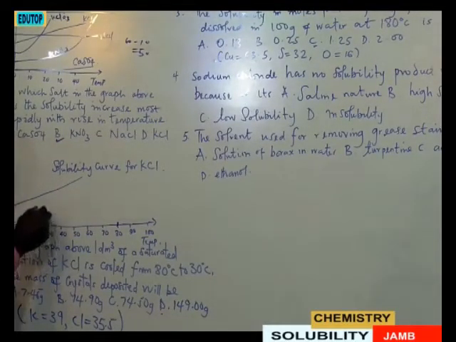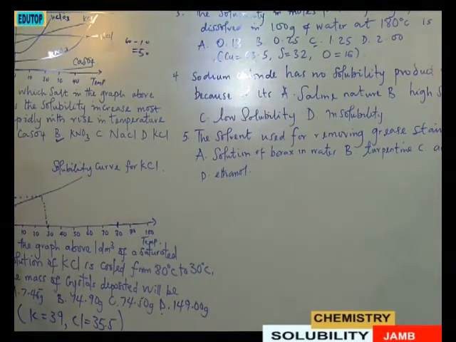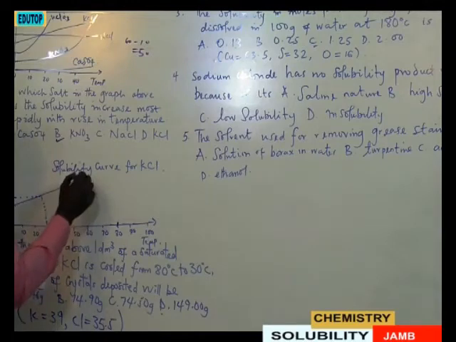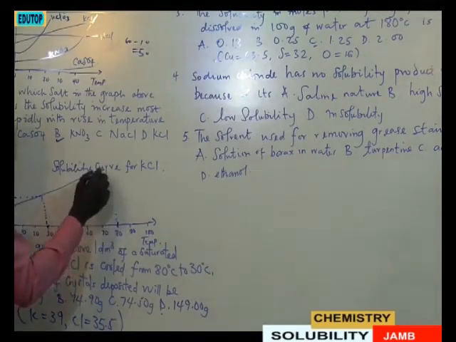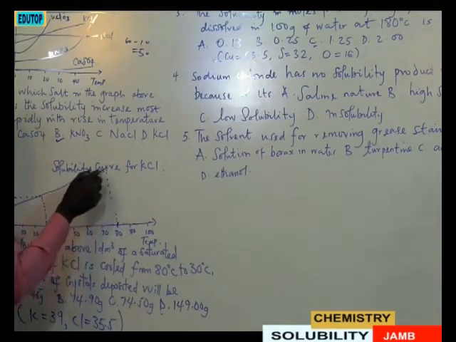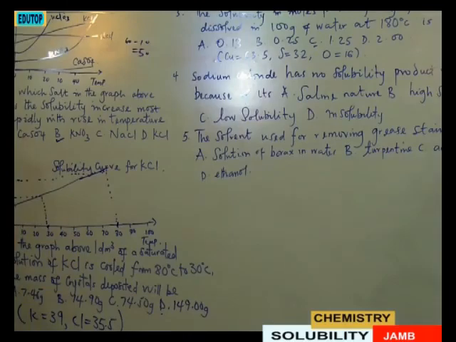If we trace this to this point, we discover that it will definitely be traced to 4. Then, if you trace this, it's because it's not drawn to scale. So if you trace it to this point, then you will discover that it will be traced to the region of 6. So the first